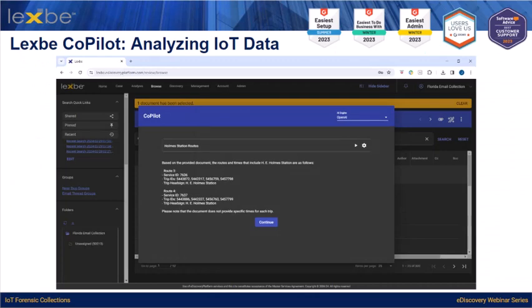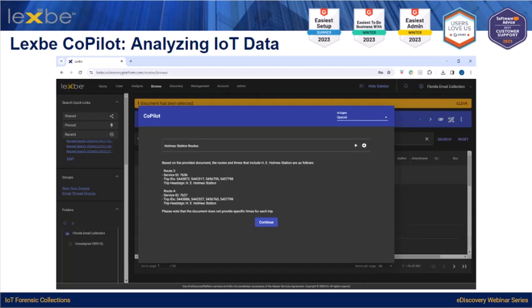And then on this slide, you'll see Lexby Copilot applied to IoT data. In this example, we've utilized Lexby Copilot to analyze IoT data from Metro Atlanta Rapid Transit Authority. We asked it to summarize the number of routes that included home station and the times for each trip.